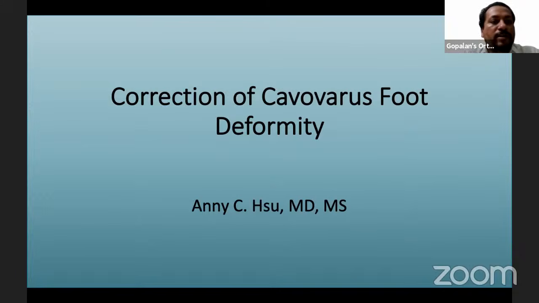Dr. Su did her undergraduate studies at Stanford University and received a master's degree in mechanical engineering. She then went to Cleveland Clinic, Lerner College of Medicine at Case Western Reserve University for her medical studies. She then completed her orthopedic surgery residency at Columbia University and a foot and ankle fellowship at the New England Baptist Hospital. Dr. Su is a member of the American Orthopaedic Foot and Ankle Society. She's a candidate member for the American Academy of Orthopedic Surgeons, the Ruth Jackson Orthopedic Society, and the Medical Society of the State of New York.